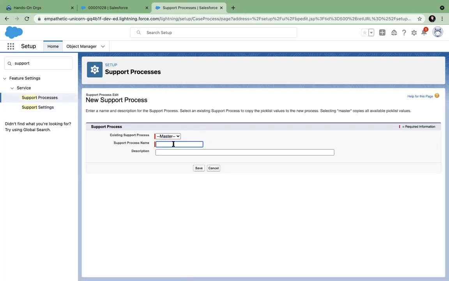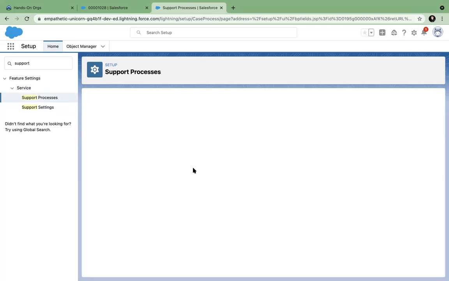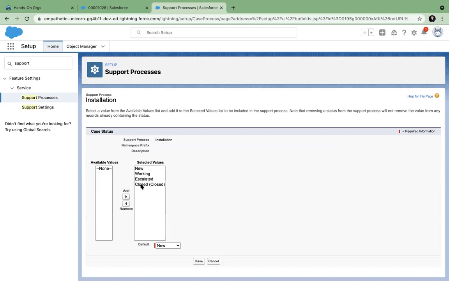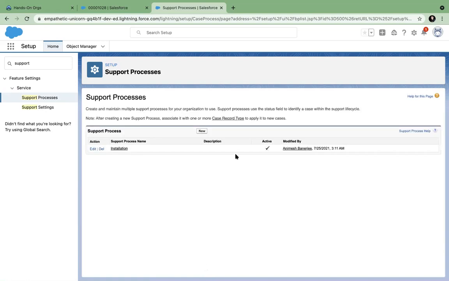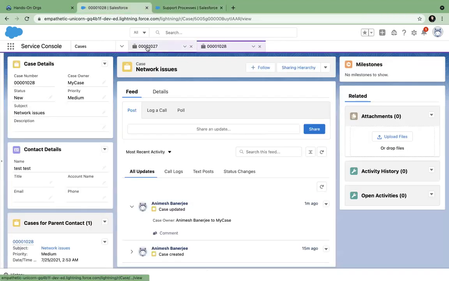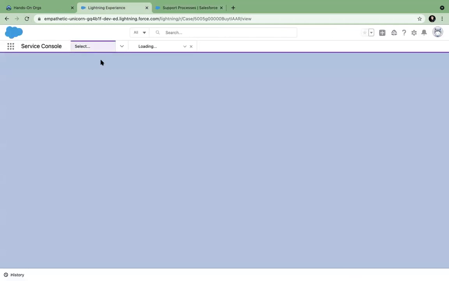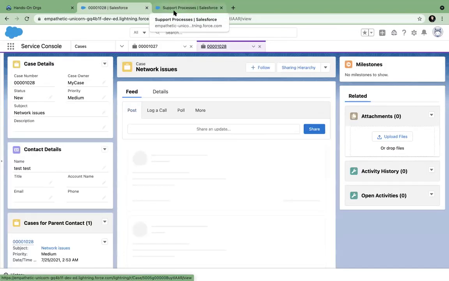So if you go and create a support process, by default there is a master, just like record type. Similarly, you say this is for installation. In that case, you see there are 4 selected values, and you can say that they will never get escalated. So I will have only one installation process. So what happens is that when I go and create a record type,